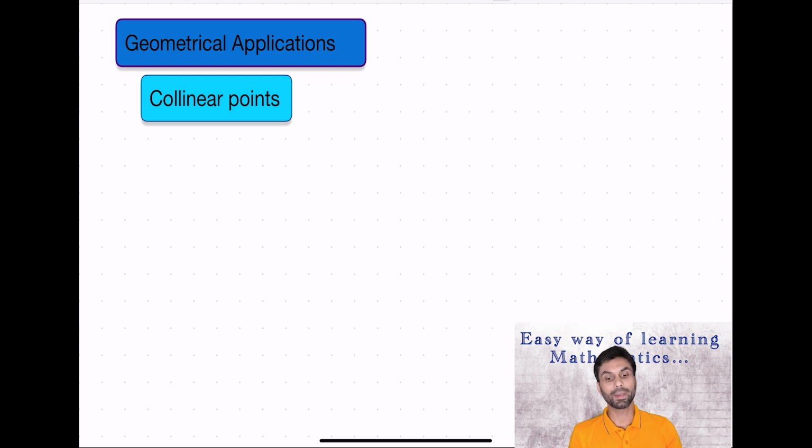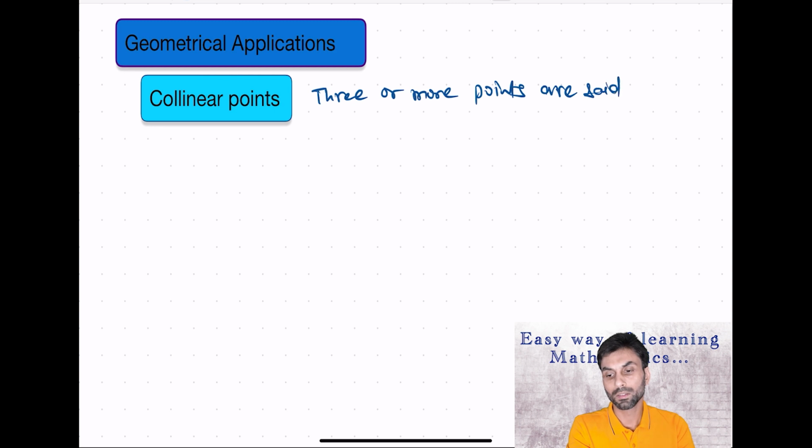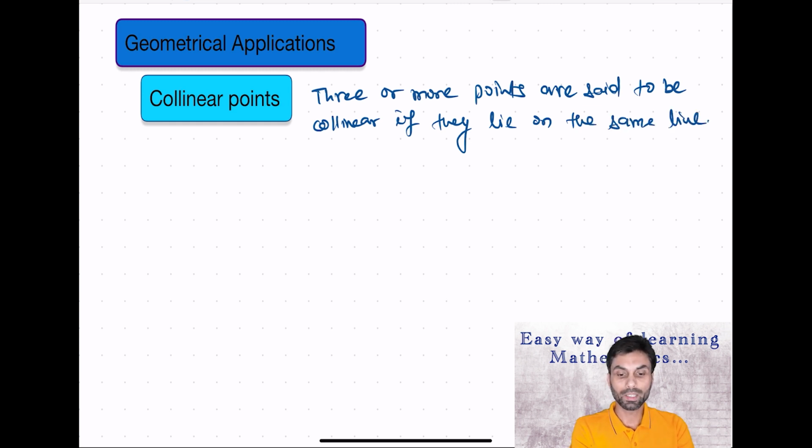Next, we'll see some geometrical applications of the distance formula, where we'll see first the collinear points, then the triangle, and then the quadrilateral. So starting with the collinear points, three or more points are said to be collinear if they lie on the same line. That means if I take